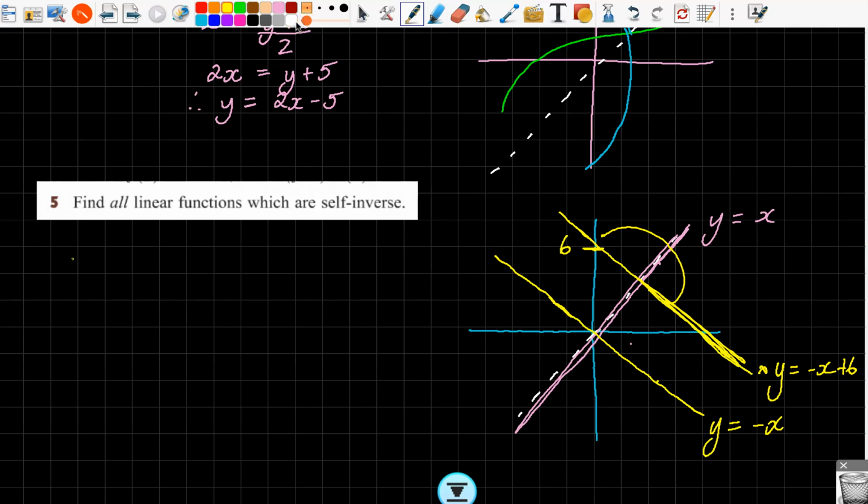So that would mean we've got y equals x is going to be its own self-inverse. And then we've got all of these yellow ones. I should have done the colour code. Oh, let's do the colour code. So we've got y equals x will be its own self-inverse. And then we've also got